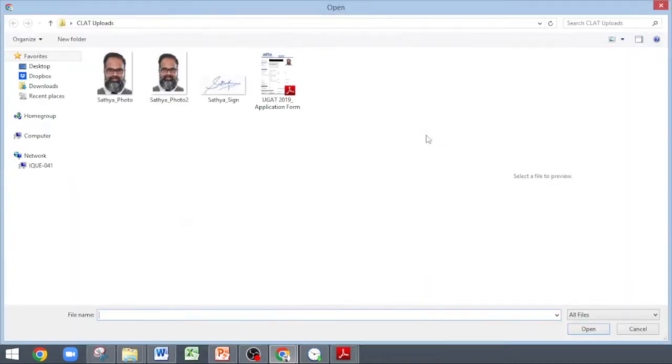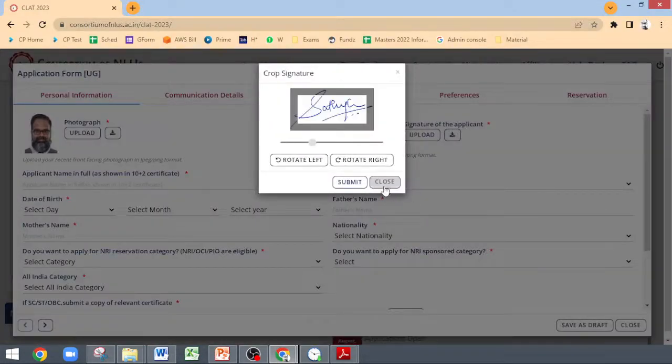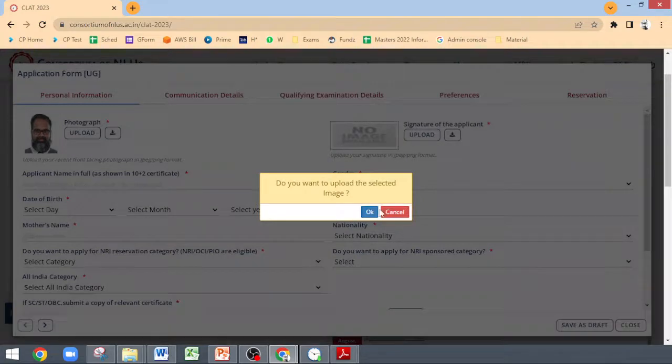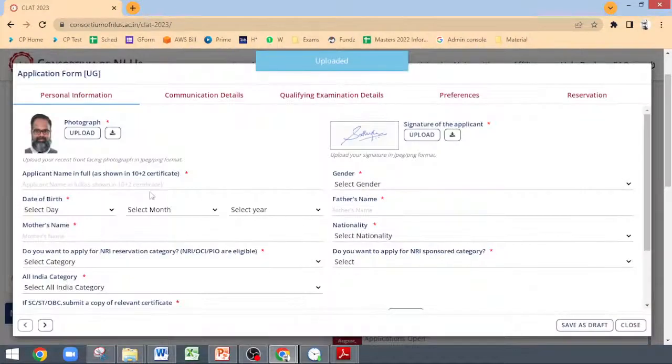Then the signature has to be uploaded. So again, my signature, make sure that it fits perfectly in the window, and then I have uploaded it. Now my name as in my certificate, the application name should be as in the 10+2 certificate. So if you have not got your 12th certificate, then according to your 10th certificate, make sure it is filled